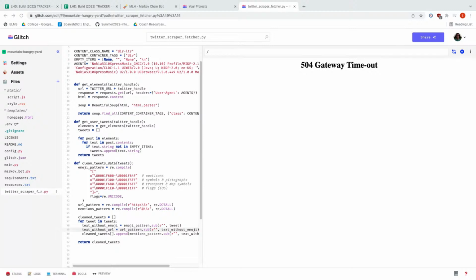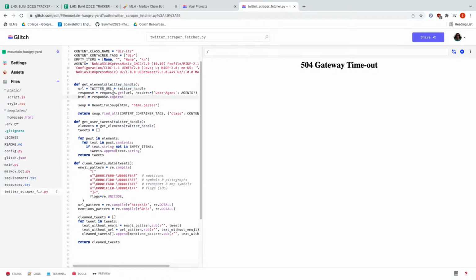So basically, first thing I'm going to do is go to the first function that we wrote in the slides, which is get elements. Make sure it's exactly the same. So URL equals Twitter_URL plus Twitter_handle.